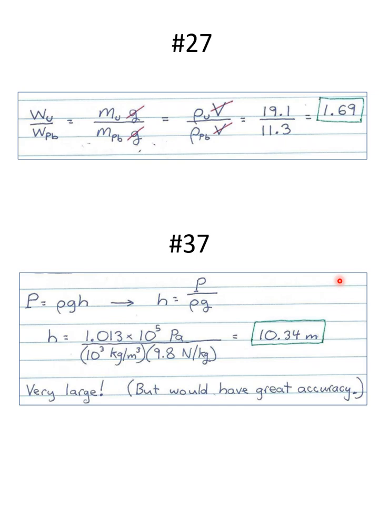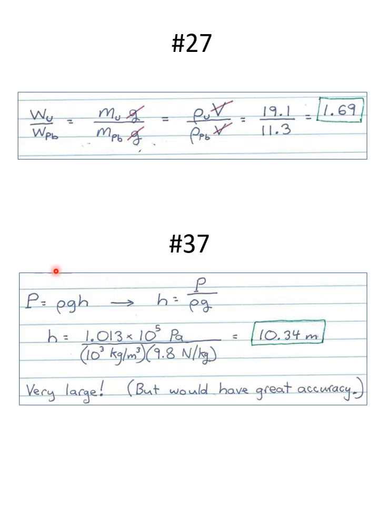Number 37, as we get into fluid pressure, it says if you use water instead of mercury in a barometer, what's the height of the water column when the pressure is 1 atmosphere? Is a water barometer practical? All right, we'll use this equation that